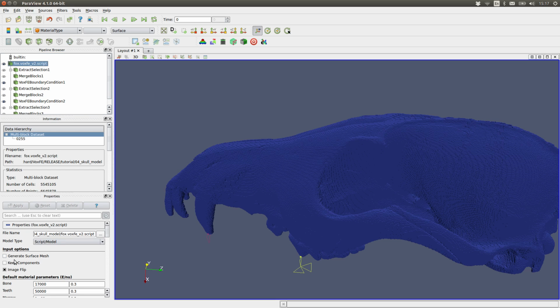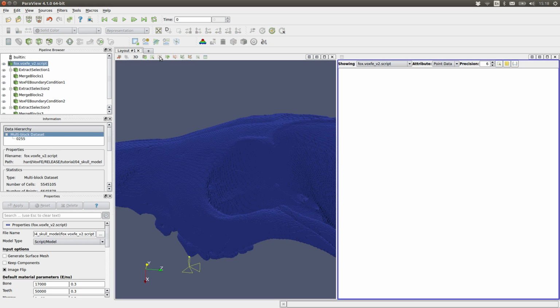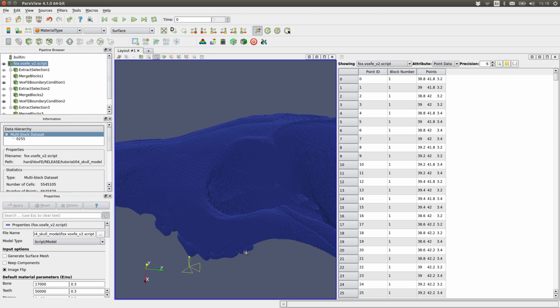If you'd happened to have got the lower skull in your image data, you'd want to click that so that you kept your lower jaw model, and you could actually choose a particular point on it. But as it happens, I've just chosen a point here, as I say, using the spreadsheet function, and something like that. So if I now choose some points here,